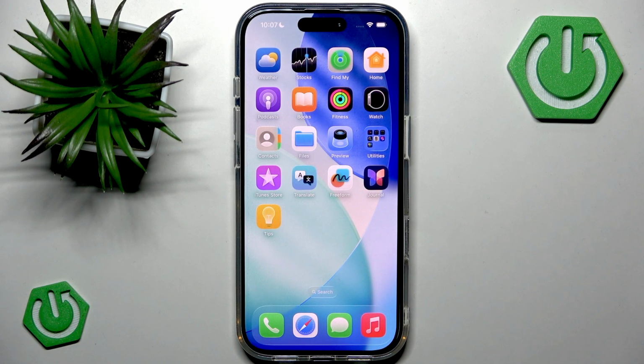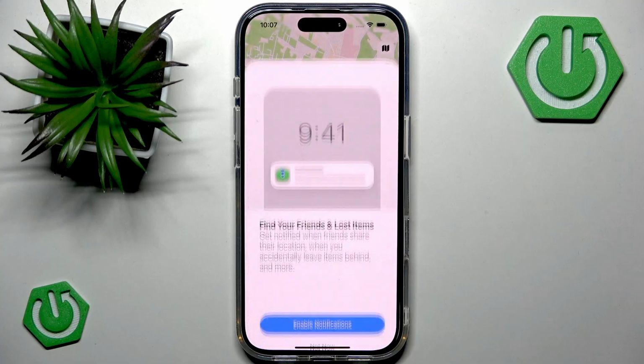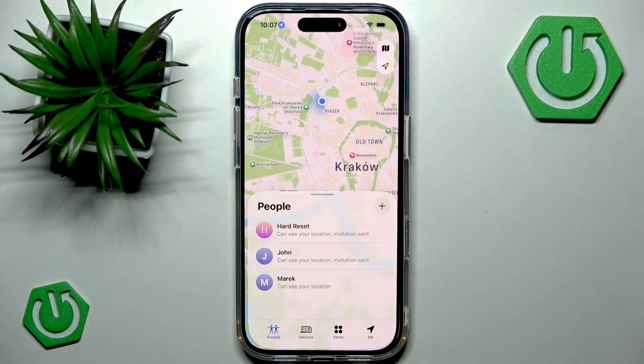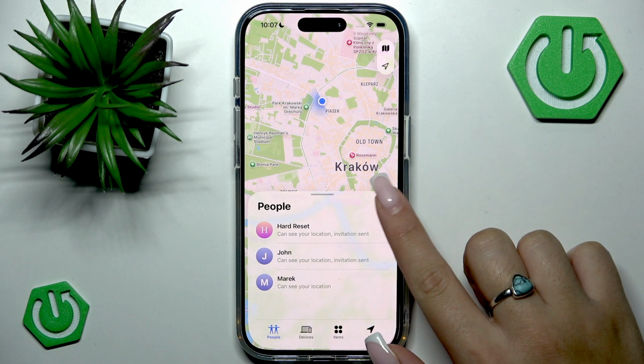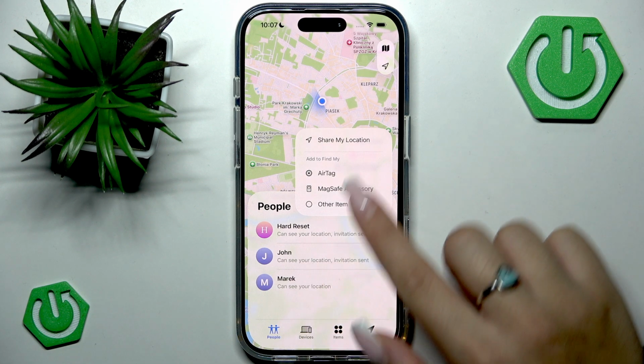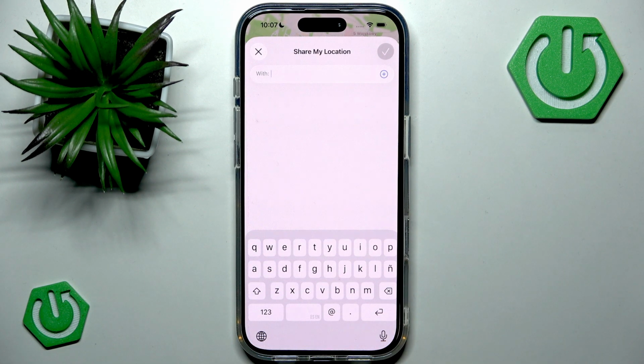So you should start by opening Find My application on your iPhone 17 Pro, and as you can see, it's divided into 4 different sections at the bottom side of the screen. You want to go to People's tab, and this is the page where you can manage location that is being shared with others. So you have to tap this plus icon right here and select Share My Location button, and